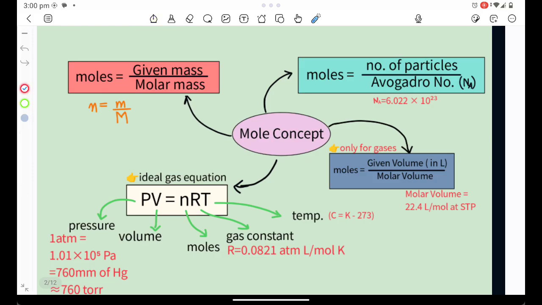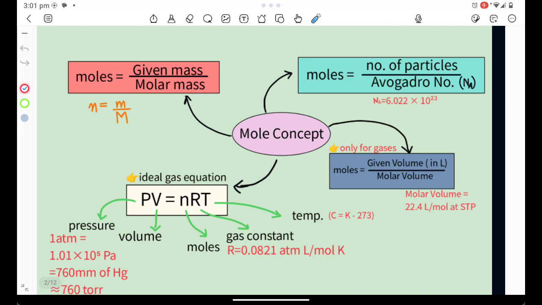In mole concept, we actually use these three main formulas. This one is related to ideal gas, so we are not going to use it. These three formulas are most important. If you have to calculate the number of moles and the mass in grams is given, then you are supposed to use the first formula. You divide the given mass, which should be in gram, by the molar mass. Molar mass is actually the molecular mass or the atomic mass of the element or molecule, but with the unit